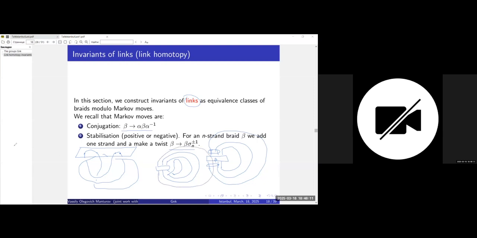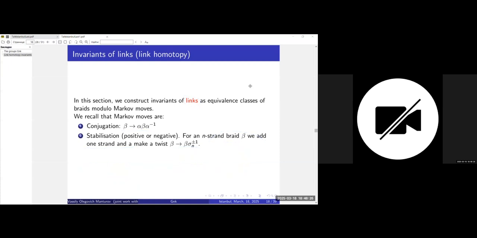But still, an invariant of knots or links where? For example, if we have a knot, then the number of strands can be arbitrarily big. So how to get a knot invariant here? In G5,3, in G6,3, in G7,3, and so on. So that's a question.